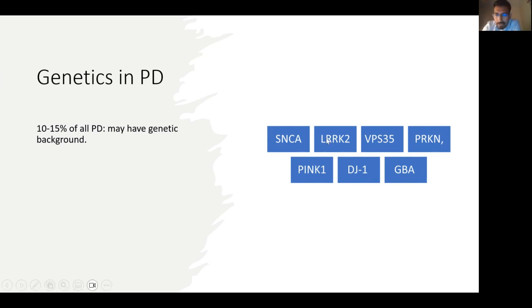But it's just good to know that LRRK2 is the commonest cause of genetic Parkinsonism throughout the world, and this is an autosomal dominant one. In this LRRK2-related Parkinsonism, it starts a bit earlier than the usual age of onset. The median age of onset of Parkinsonism is something like 60 or 61. In the case of LRRK2, it's slightly less than that.